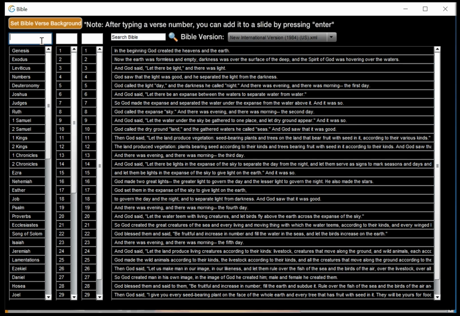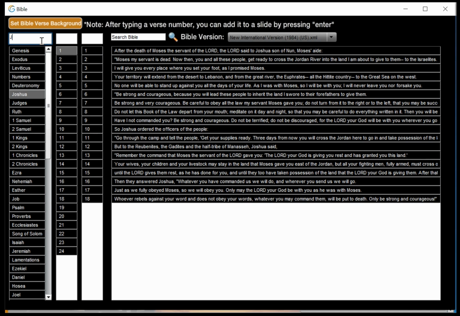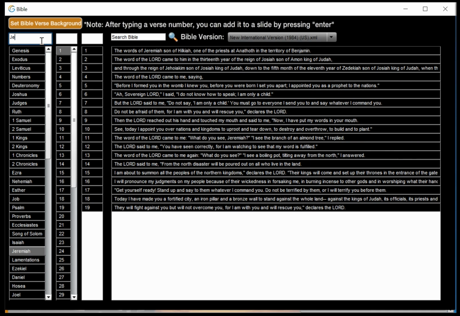Notice that as you type, the Bible book matching the letters you type is selected. If I type J, the first book beginning with J is selected, which is Joshua. Next, I will type E. The next book beginning with JE is selected, which is Jeremiah. This is the book I want, so now I will press the Tab key on my keyboard, which moves our